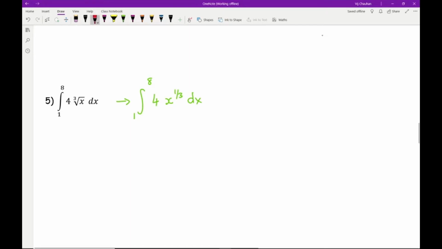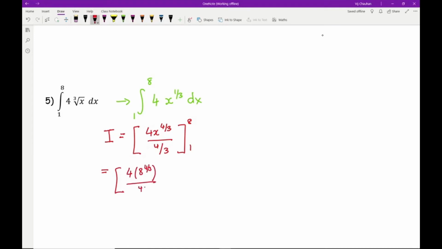So from this, what I can then do, note that I've changed my colour, got the integral, because I'm now going to integrate. So I've got 4x, and this is going to increase the power by 1, so it becomes 4 over 3 over 4 over 3 with the limits of 8 and 1. And then that becomes, so now I'm going to substitute my x value, so I've got 8 to the power of 4 over 3